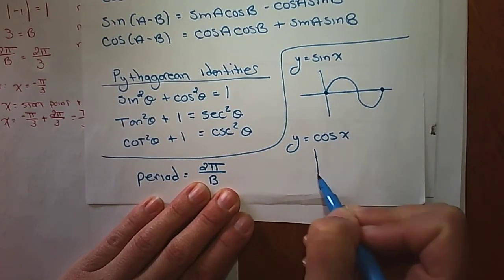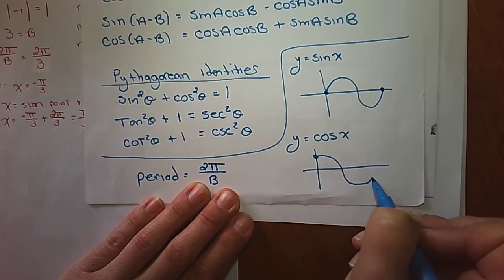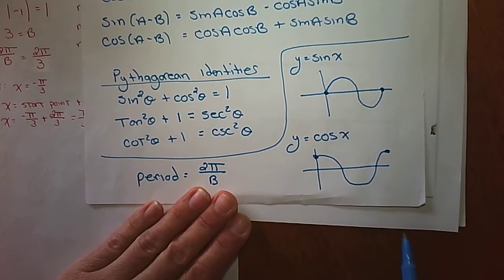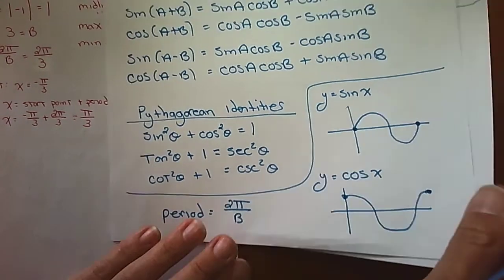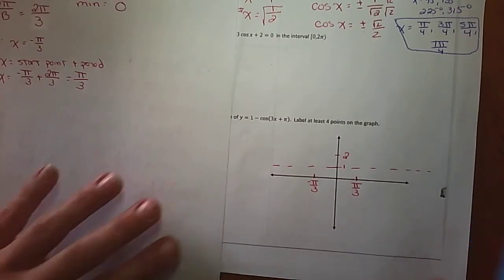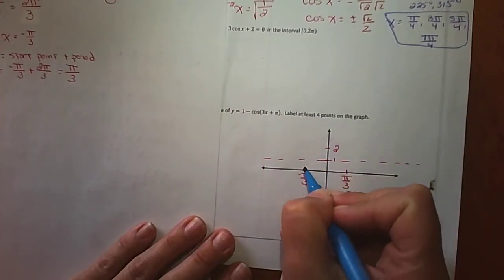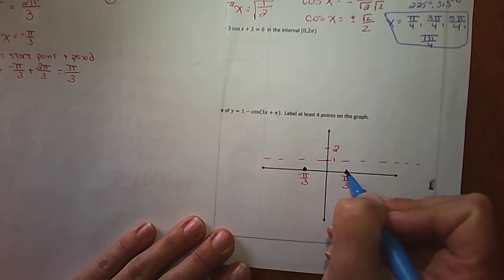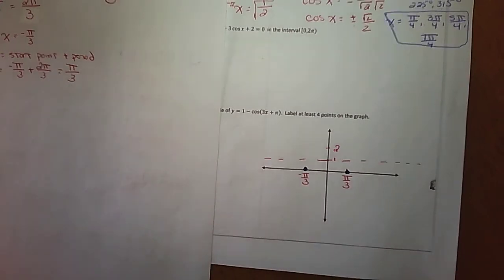The difference is it starts up high, hits the x-axis, comes down, comes back up. So we're graphing cosine, which means we're going to start up high and end up high. However, because it's a negative graph, instead of starting at the high point, we're going to start at the low point and end at the low point, right? So we do the first point, the last point, and then we want to know where we're going to be